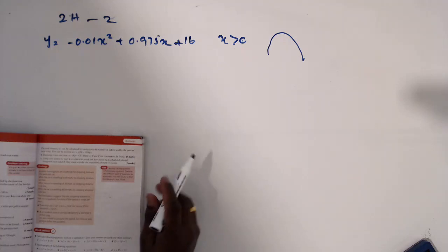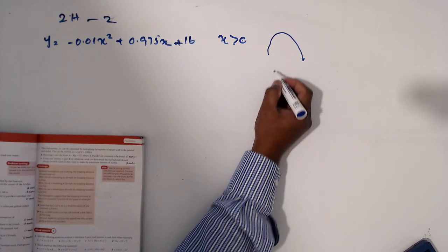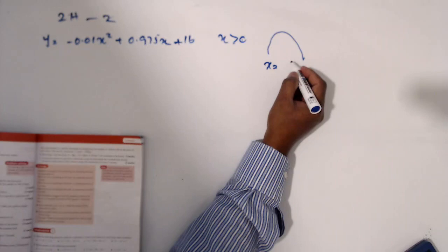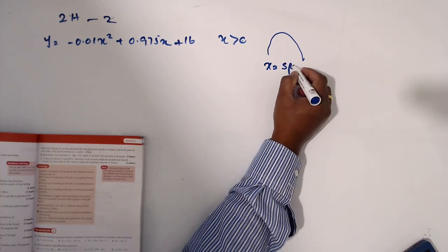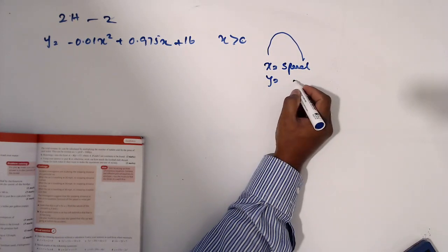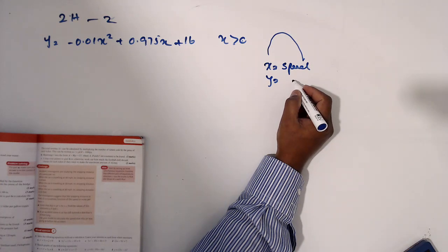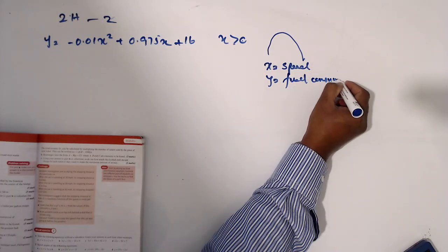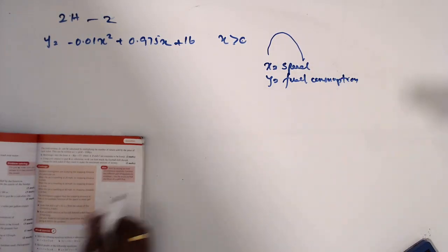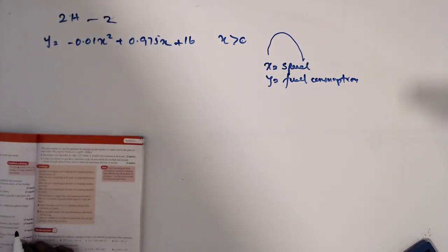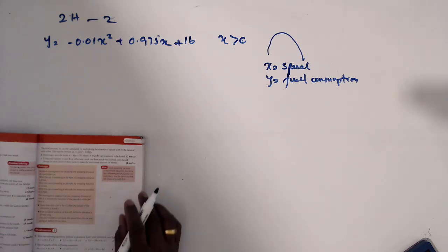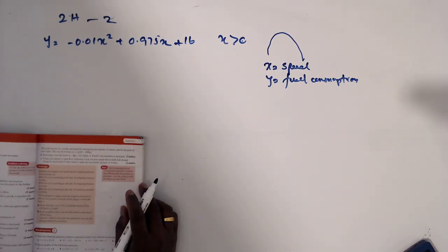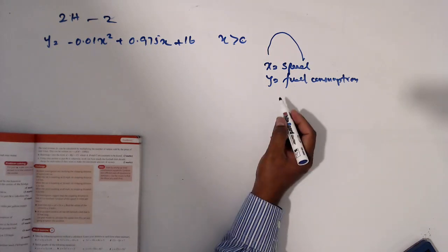in here x is speed and y is fuel consumption. So use question number A: use the model to find the speed at which the car has fuel consumption of 32.5. Okay, so